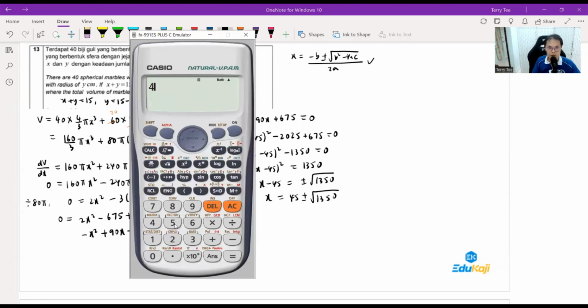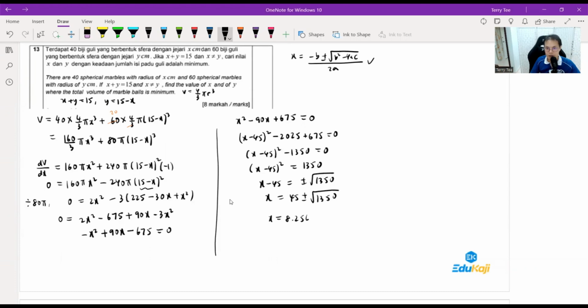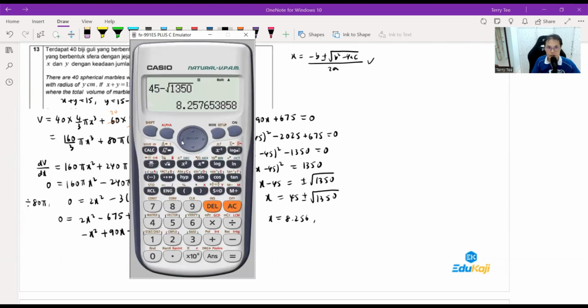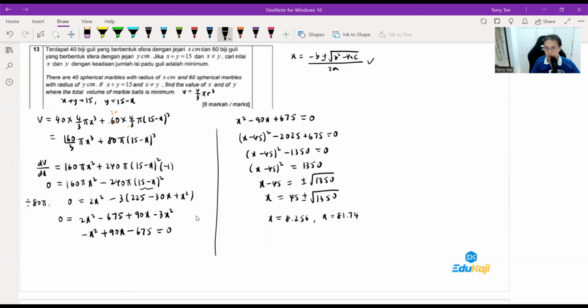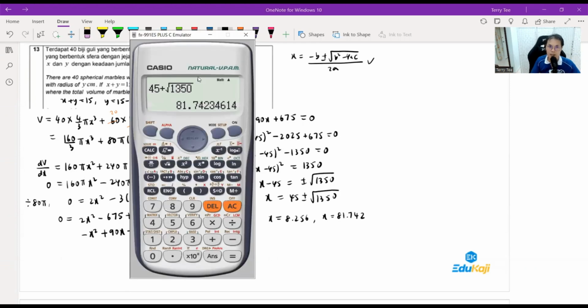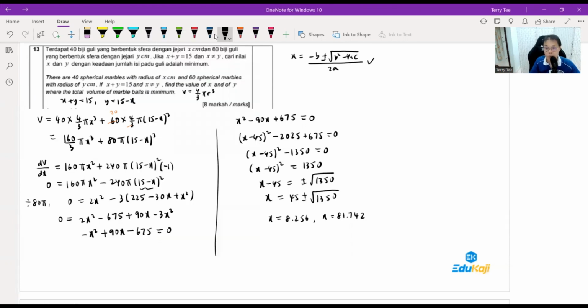So we're going to work out the two possible values of x. The first one is 45 minus root 1350, which gives us 8.258. Now, the second answer, just change the minus to plus. I got 81.742. Now, we know x has a maximum value of what? 15, because they say x plus y is 15. It can't be more than 15. So since x is less than 15, x has to be